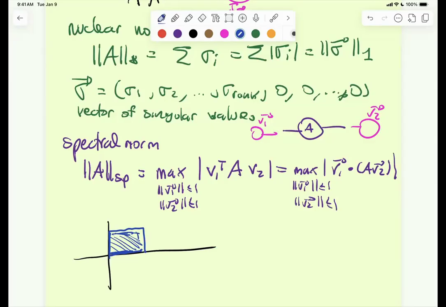But if the matrix is always positive, then the max should just be one. Well, the matrix is not necessarily always positive. The matrix here can be anything, right? If the matrix has negative values, then obviously it would change things. But also, even if the matrix were always positive,